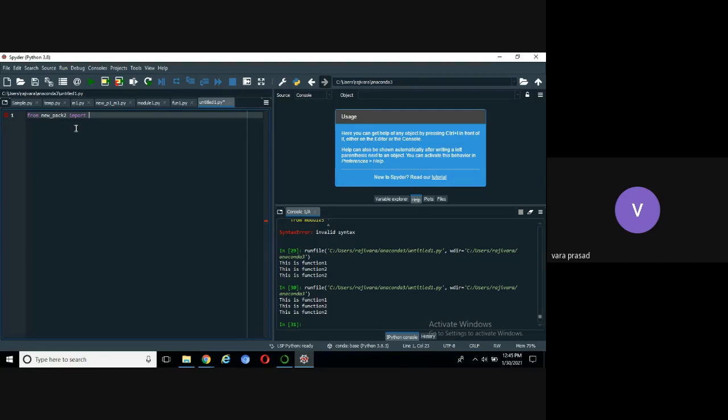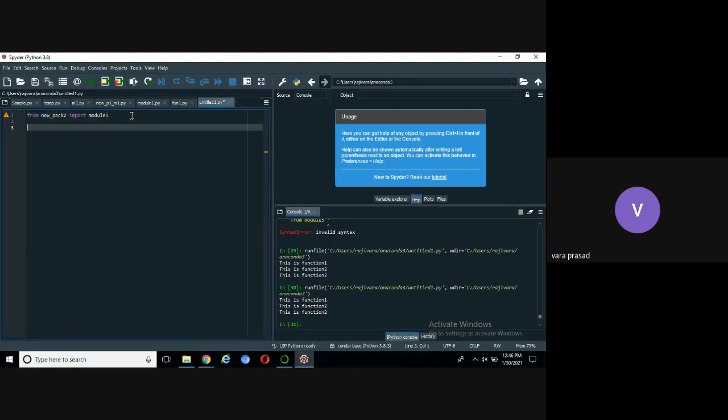I'm going to import one module, module1. Right? So try to understand here, using the from keyword, because the package consists of a set of subpackages and a set of modules, we are going to import one or more modules. But in my program, I'm importing only one module. That module name is module1.